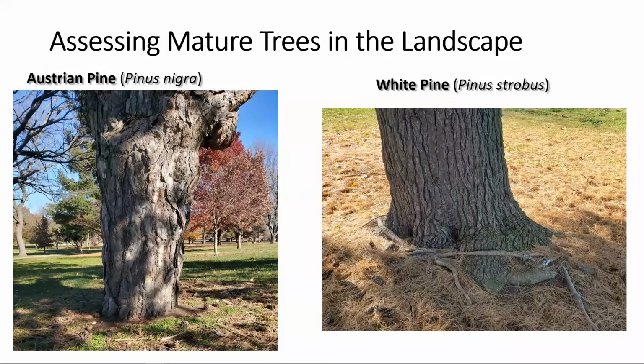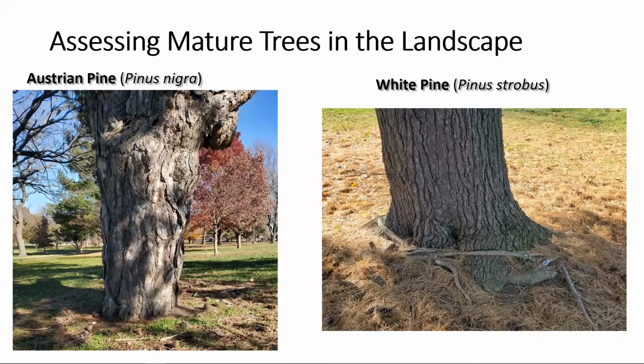On the last tree example, it was very close to the house. It's very likely it could fall and hit that house, or there was a child swing on it. There's just a lot of things in that area that it could impact. Whereas the white pine at the right, I don't see much trunk constriction from that girdling root. It's kind of a weird one, the way it's laying across the trunk tissue.